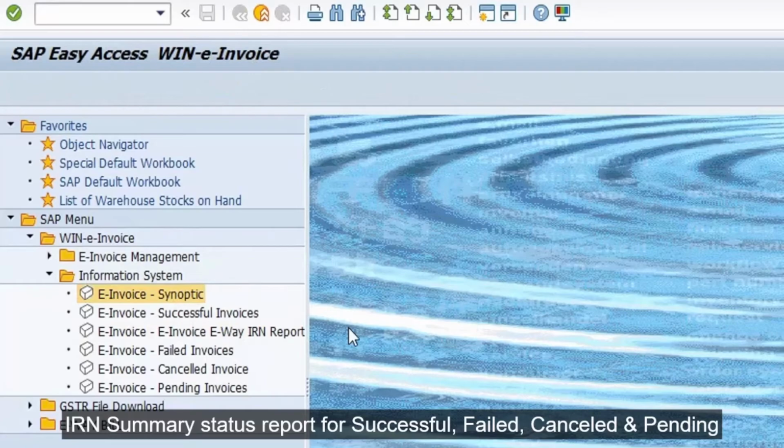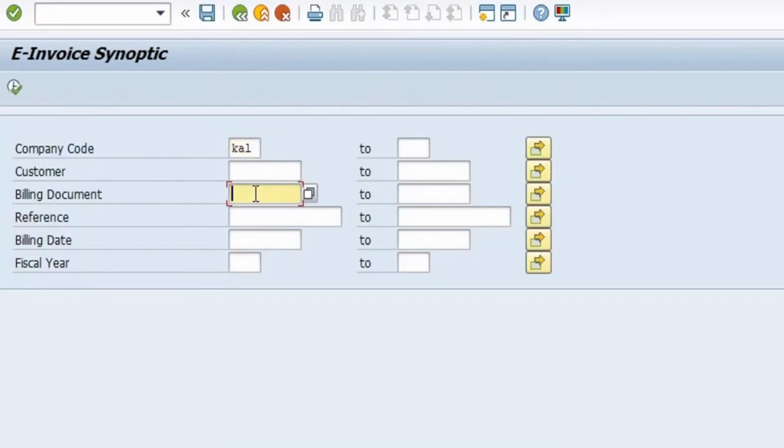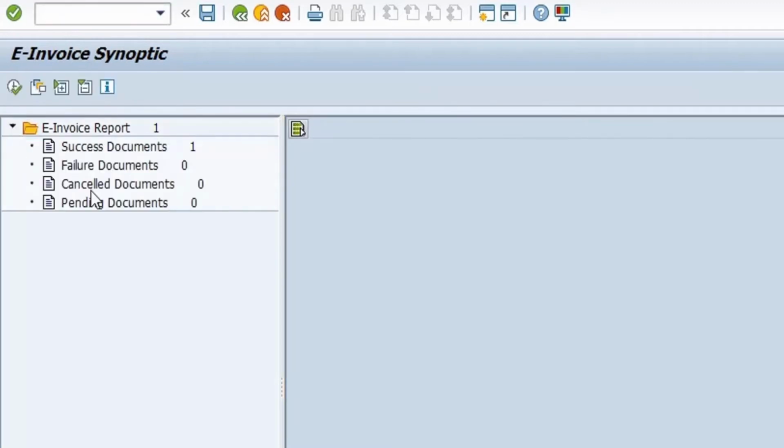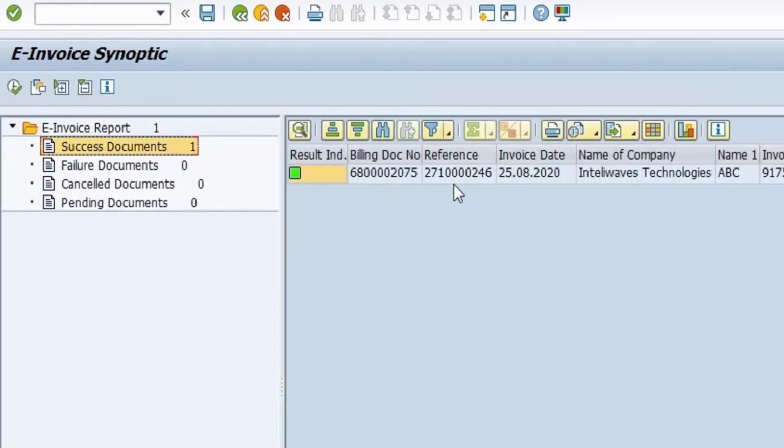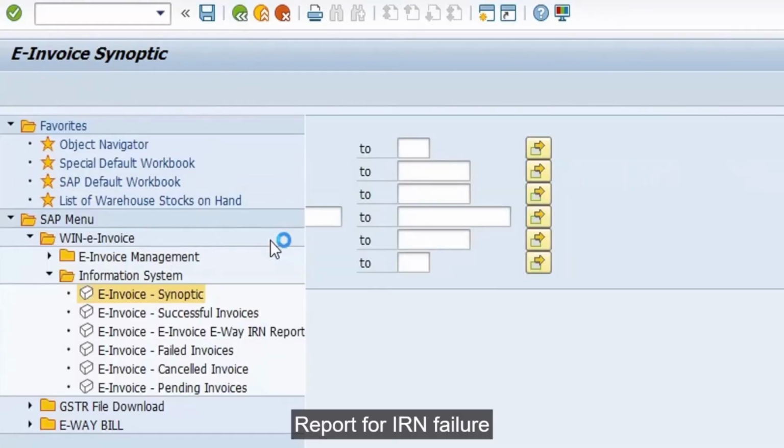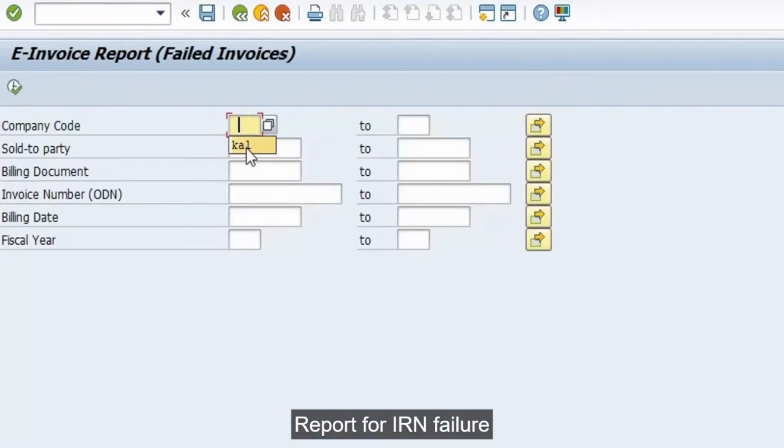IRN summary status report for successful, failed, cancelled and pending. Report for IRN failure.